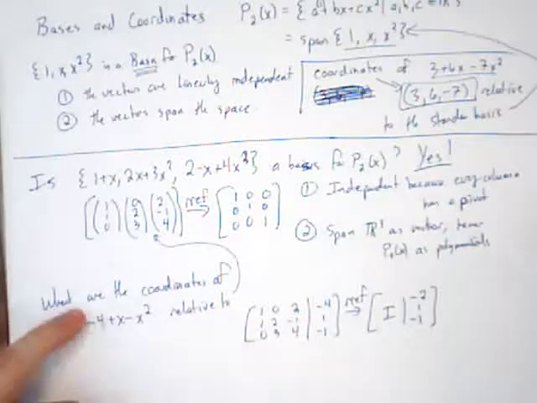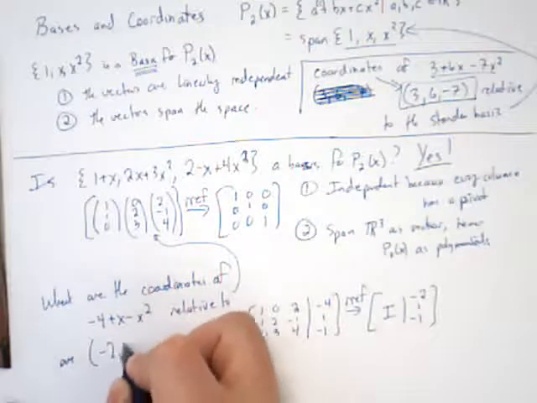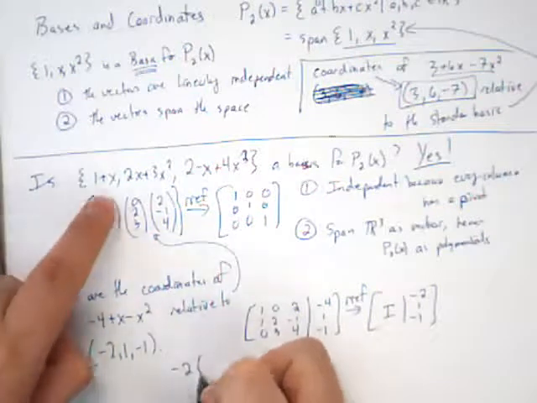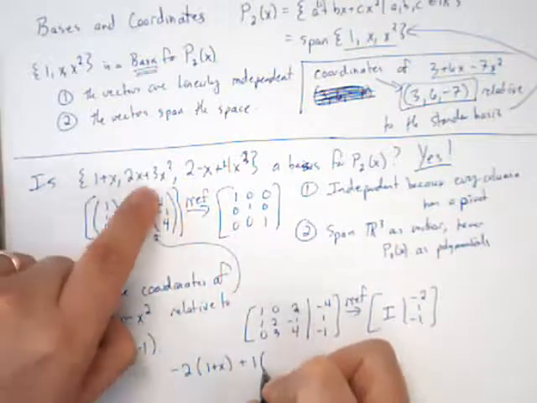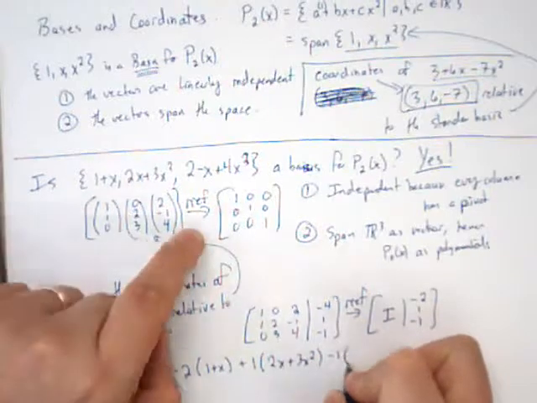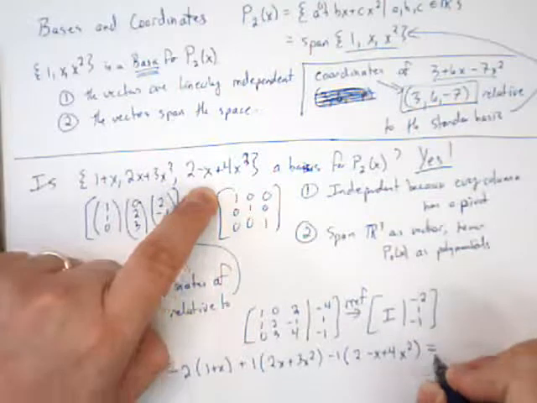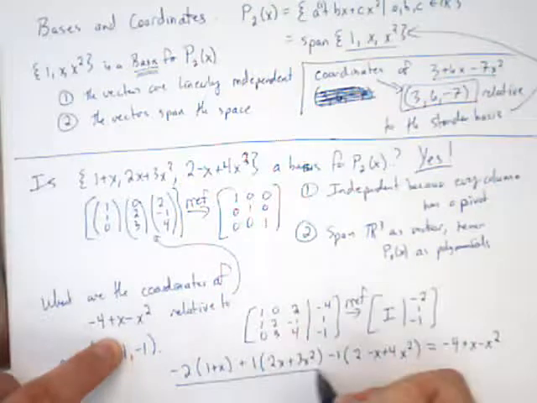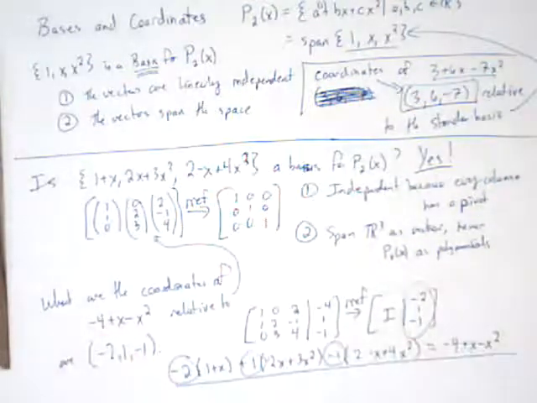Well, what does that mean? It means the coordinates of this vector relative to that basis are -2, 1, -1, which is precisely the same thing as saying -2 times the first polynomial plus 1 times the second polynomial minus 1 times the third polynomial should equal precisely the polynomial I started with. Here are our coordinates, and those coordinates come from our REF. That completes the